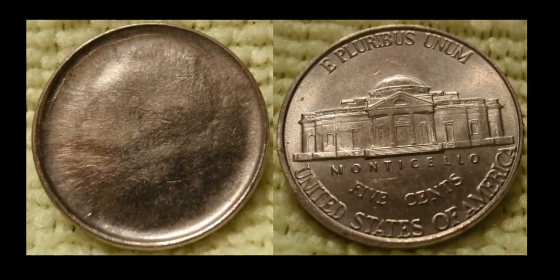Okay, so this Jefferson nickel right here, this is pretty cool. This nickel looks and appears a lot newer than it actually is. I would have to say it's probably from either the 90s or maybe 2000s. But this coin was originally pitched by its seller as a brockage, okay? And that could be misconstrued because what we actually have here is a coin that was struck through a kind of like a mid-state die cap, because you have the design devices of the actual capped coin on the die completely obliterated. All right, so it's not an earlier state, and it's not a later state either, because the coin